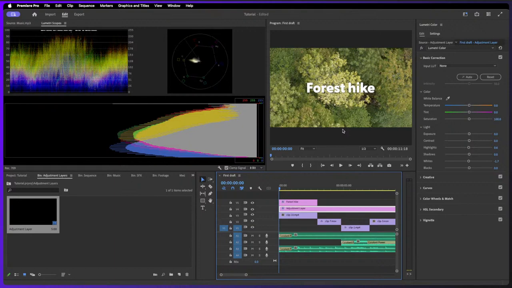Again, this might be a lot of information for a beginner, so I'd recommend that you only stick to editing colors on the